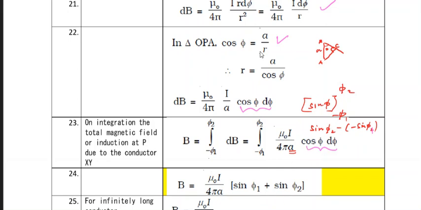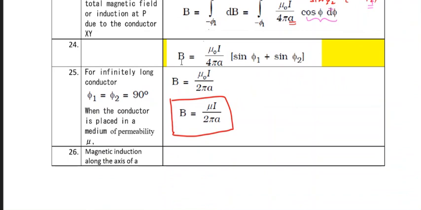Please remember, the integral of cos θ is equal to sin θ. Based on that, we have to integrate between the limits minus φ1 and φ2. Now we substitute φ2 and φ1. Do you understand? Minus of minus has become plus. Now B is equal to μ0 I divided by 4π A into sin φ1 plus